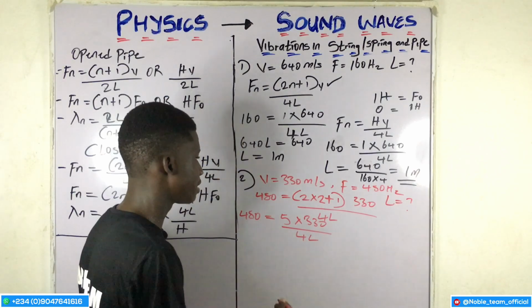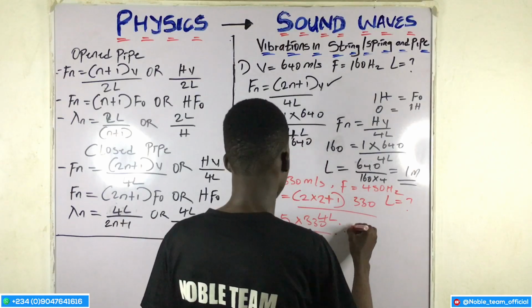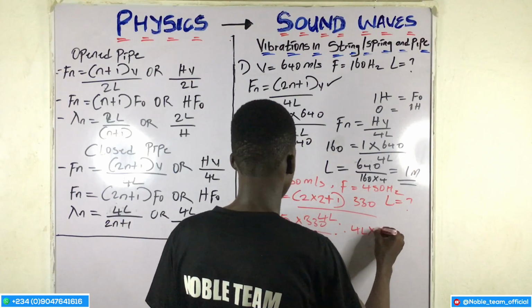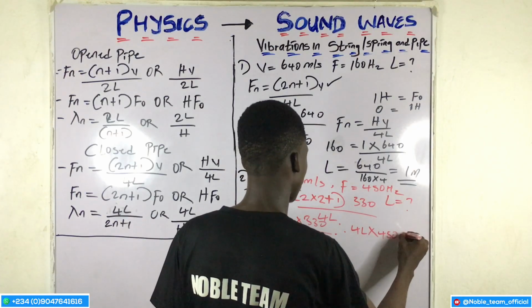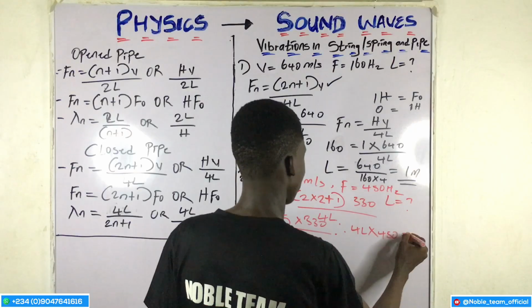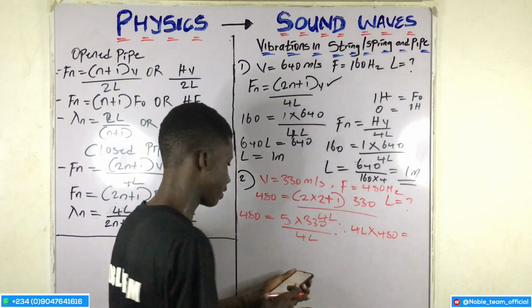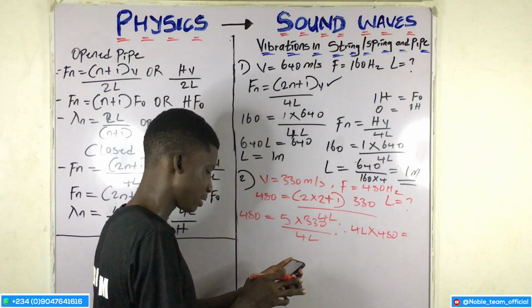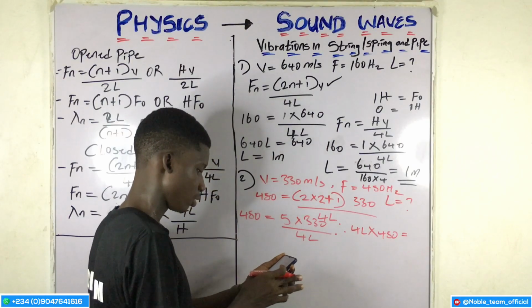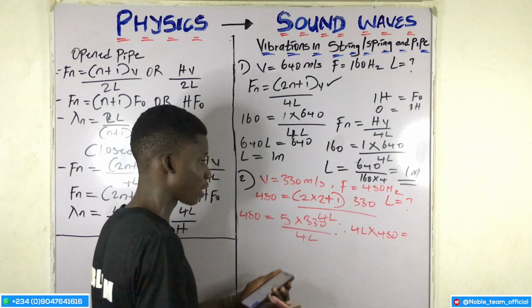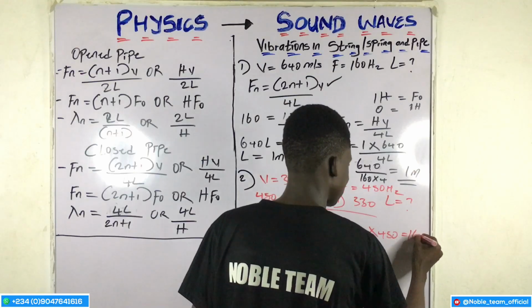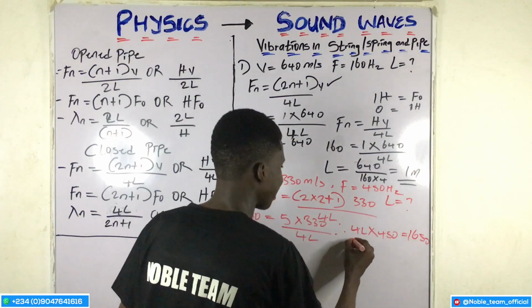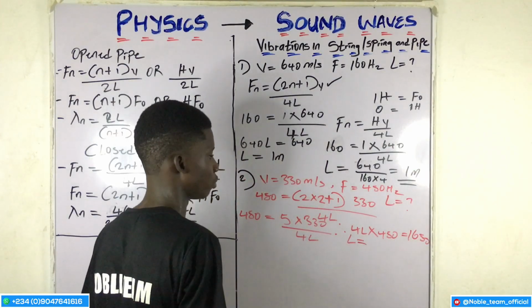So the next thing is like saying that therefore 4L times 450 is equal to 5 times 330. 5 times 330 is 1650, and my L is equal to